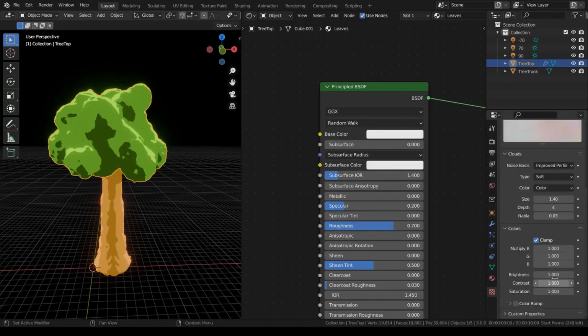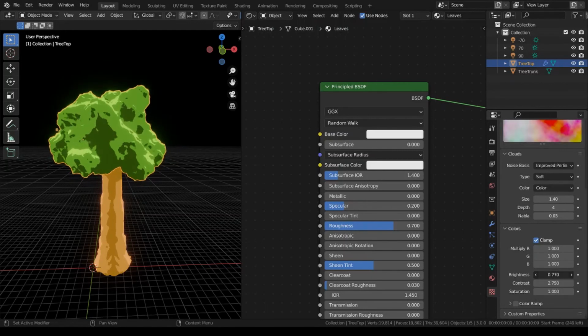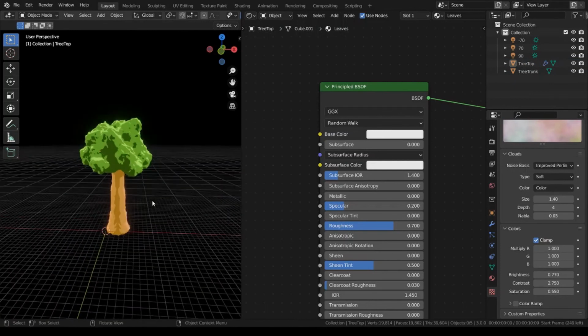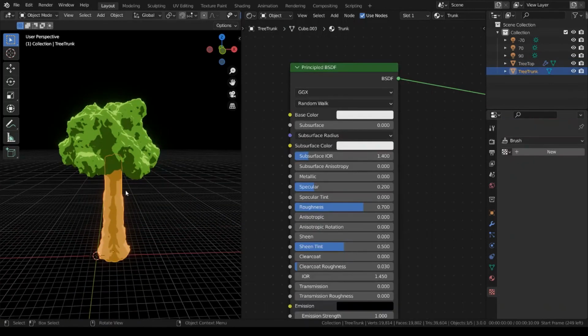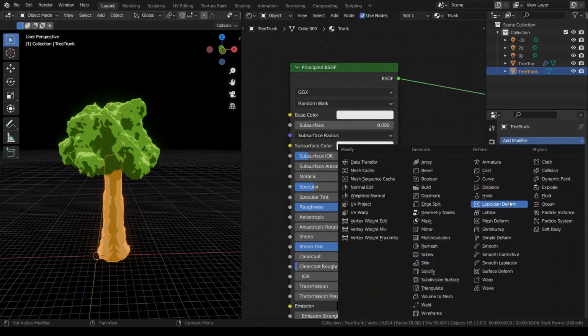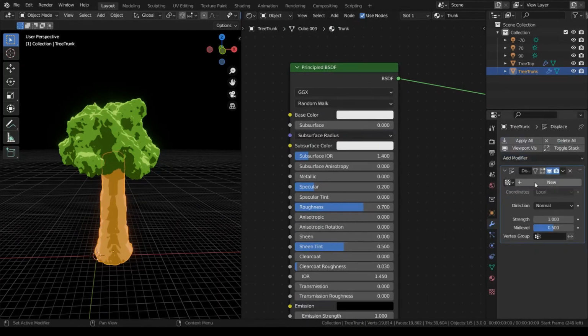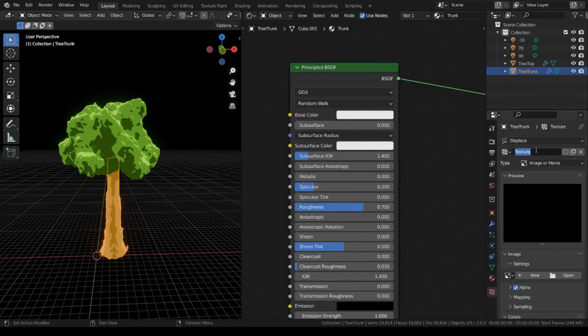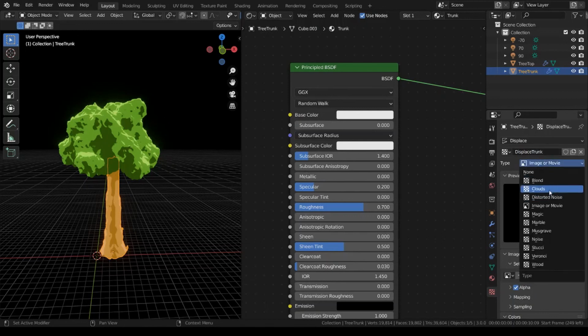Then we're going to go to colors, and we can use the brightness, contrast, and saturation to really get the effect that we want. So contrast up, brightness down, saturation down. We can sort of get a much cooler tree design, and we can do the same thing here if we want. I normally don't. I leave it how it is, but we can do new, go to textures, just to show you guys, displace trunk, boom, clouds,